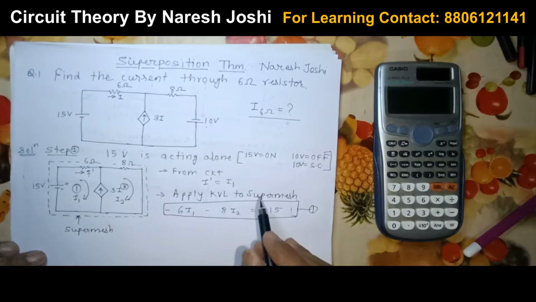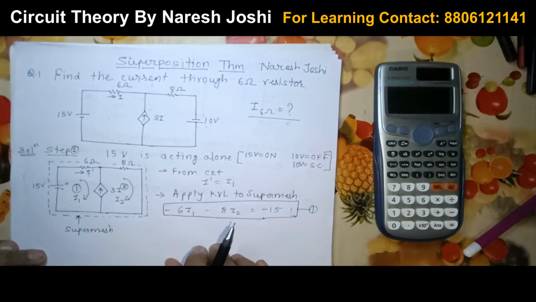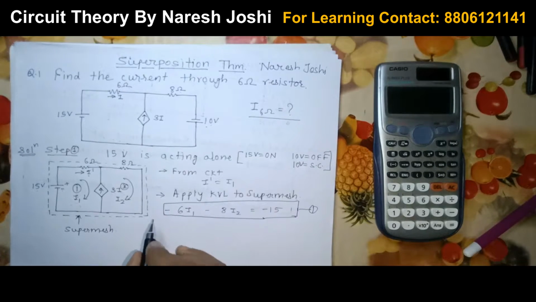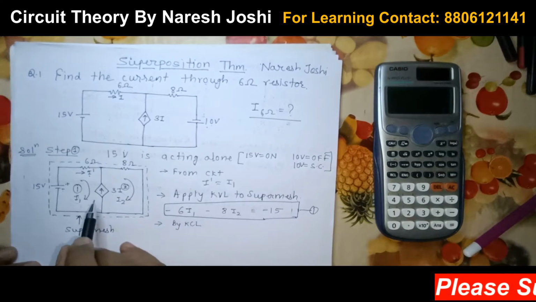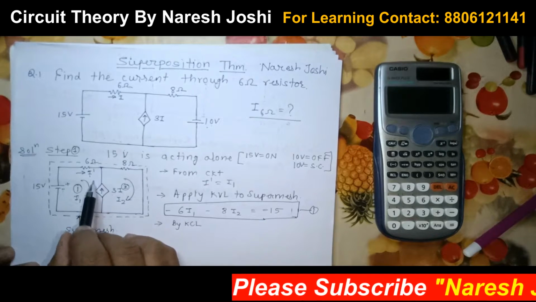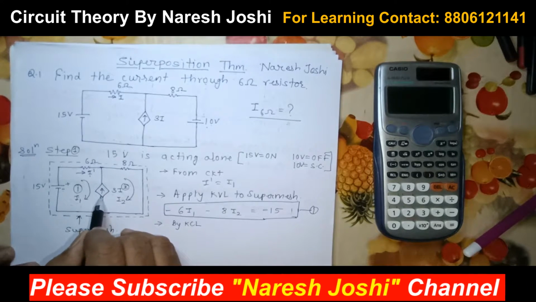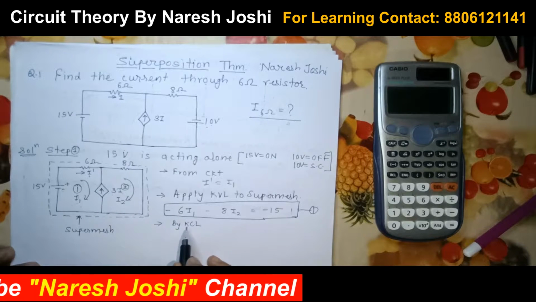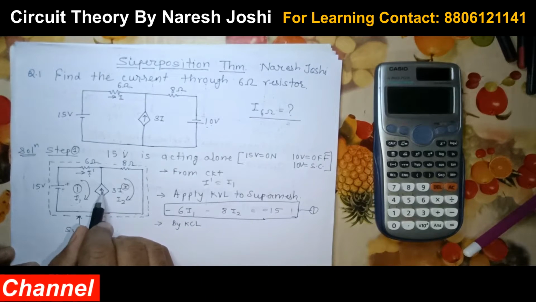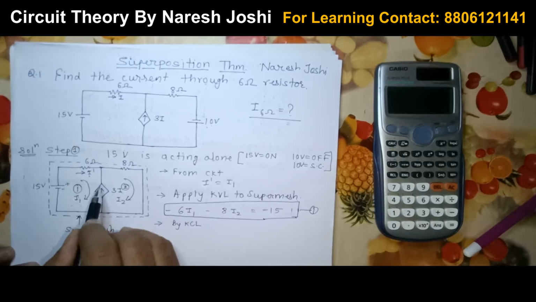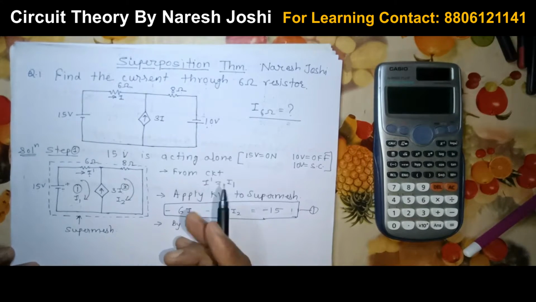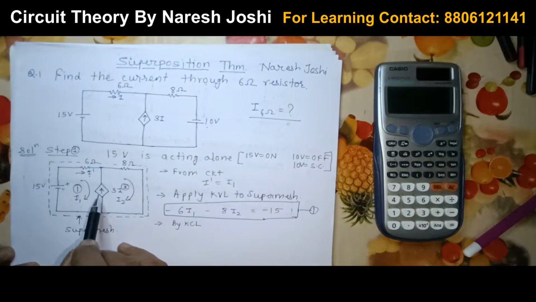Next, whenever you apply the super mesh, as I already told you many times when solving questions on the super mesh, after that you always have to apply KCL. The KCL is for the current source. How can you directly write down the equation? You have to check the direction of the arrow given. Here the direction of the arrow is upward. If the arrow were downward, then you would follow that direction.